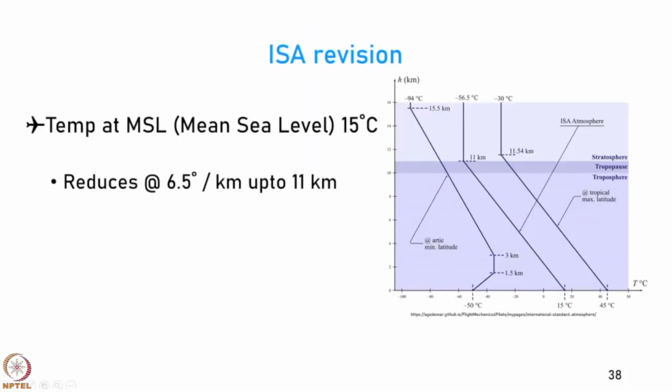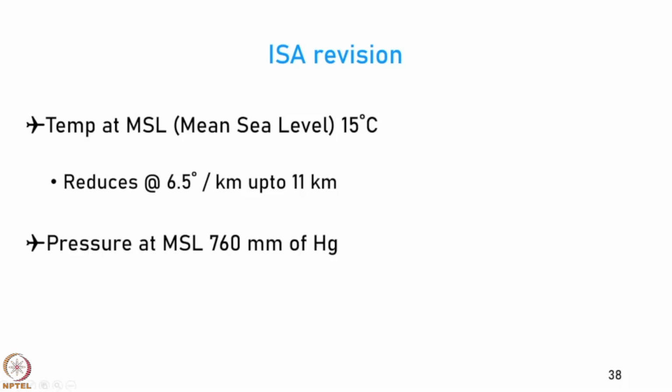Let us revise ISA. In ISA, we know that now this is ISA, the other two are non-standard conditions. So, this is our ISA. So, under ISA conditions, we see that the temperature falls linearly, or is assumed to fall linearly, at 6.5 degrees per kilometer up to 11 kilometers, and then it remains constant. Now, we do not normally have airports above a height of 11 kilometers, so let us not worry about those few airports. Let us worry about most airports which are only located below 10 kilometer altitude above mean sea level. So, there is a linear reduction of 6.5 degrees per kilometer, right.